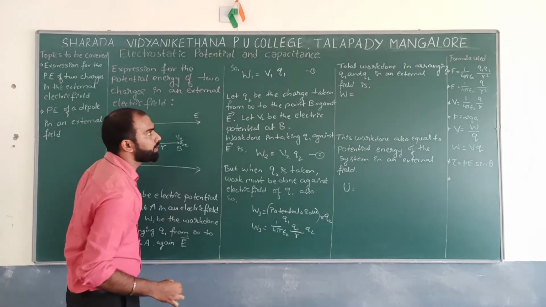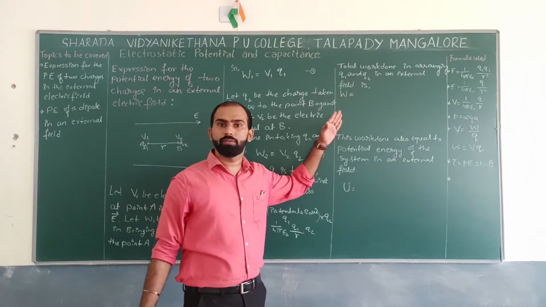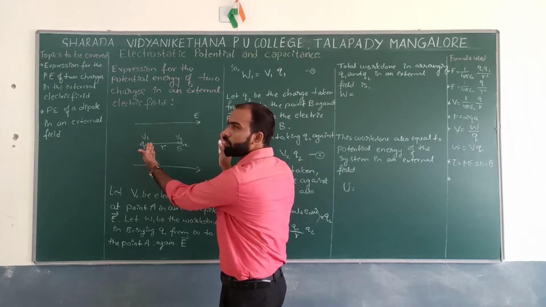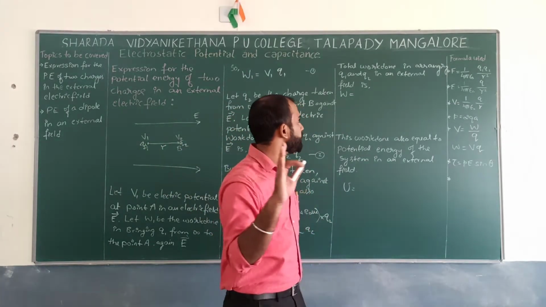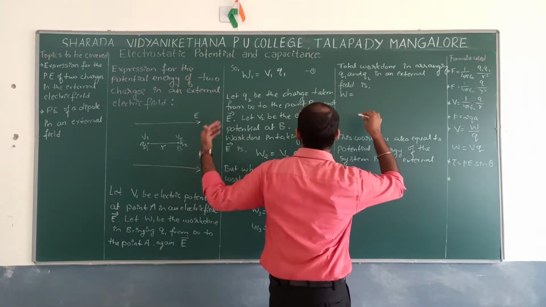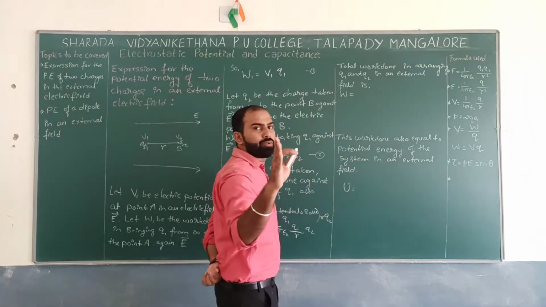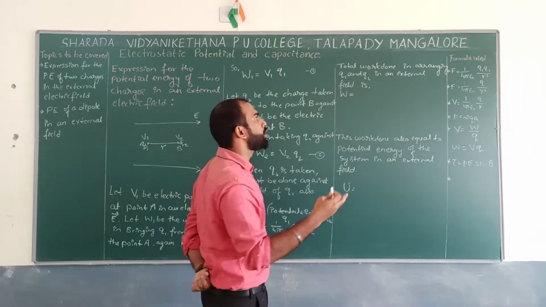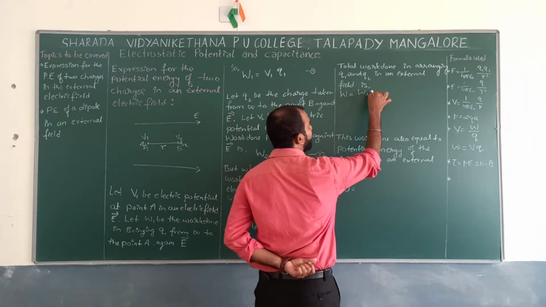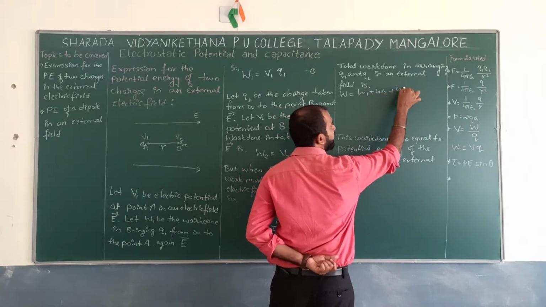So how to get the total work done in this particular system? What is the potential we have stored in this particular system? That is the sum of these, correct? That is W1 plus W2 plus W3, correct? So replace all the values and get the result in some form like this. It's W1 plus W2 plus W3.